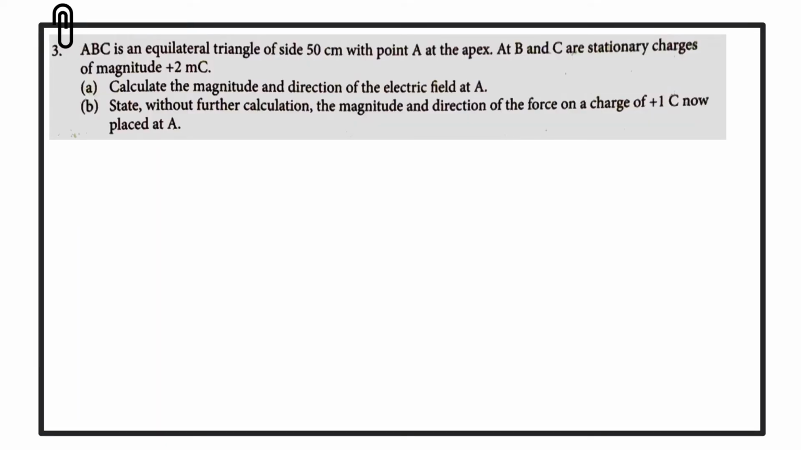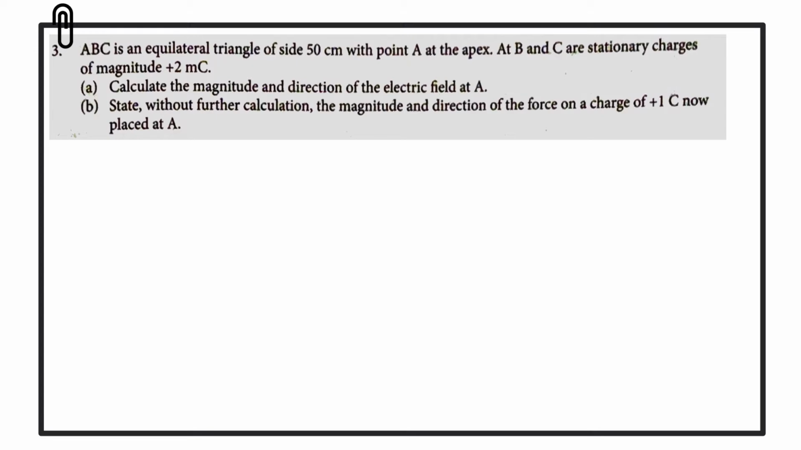Hiya folks, in this video we're going to have a look at how you can determine the electric field strength at a point when that point is not acting in a straight line. So in this question we have ABC is an equilateral triangle of side 50 cm with a point A at the apex. At B and C are stationary charges of magnitude +2 millicoulombs. So part A of the question is asking us to calculate the magnitude and the direction of the electric field